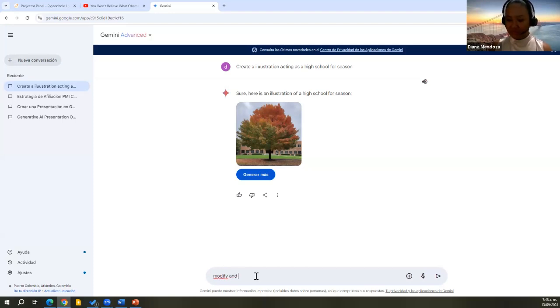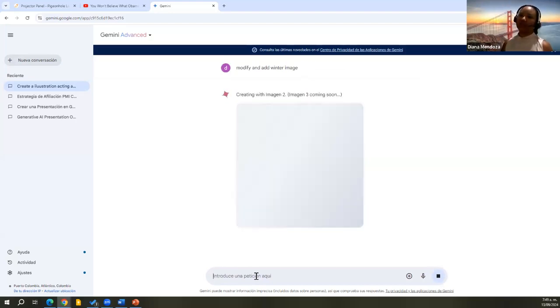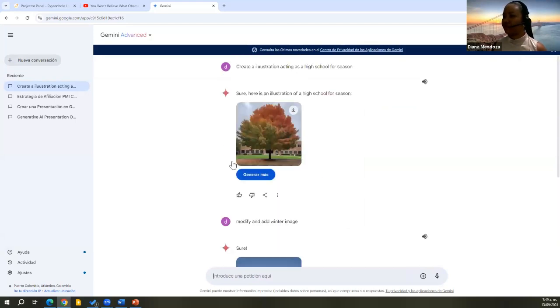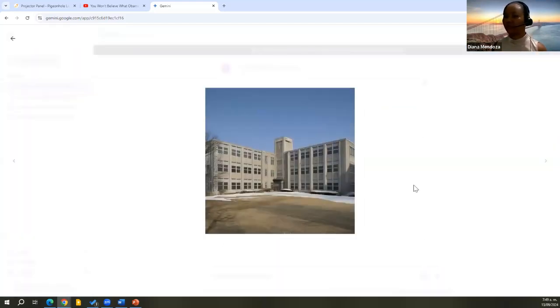and add a winter image, then the magic of this is that it is like a human interaction. They can understand the context. So you have the initial image for this spot, and you have a similar spot then in winter.